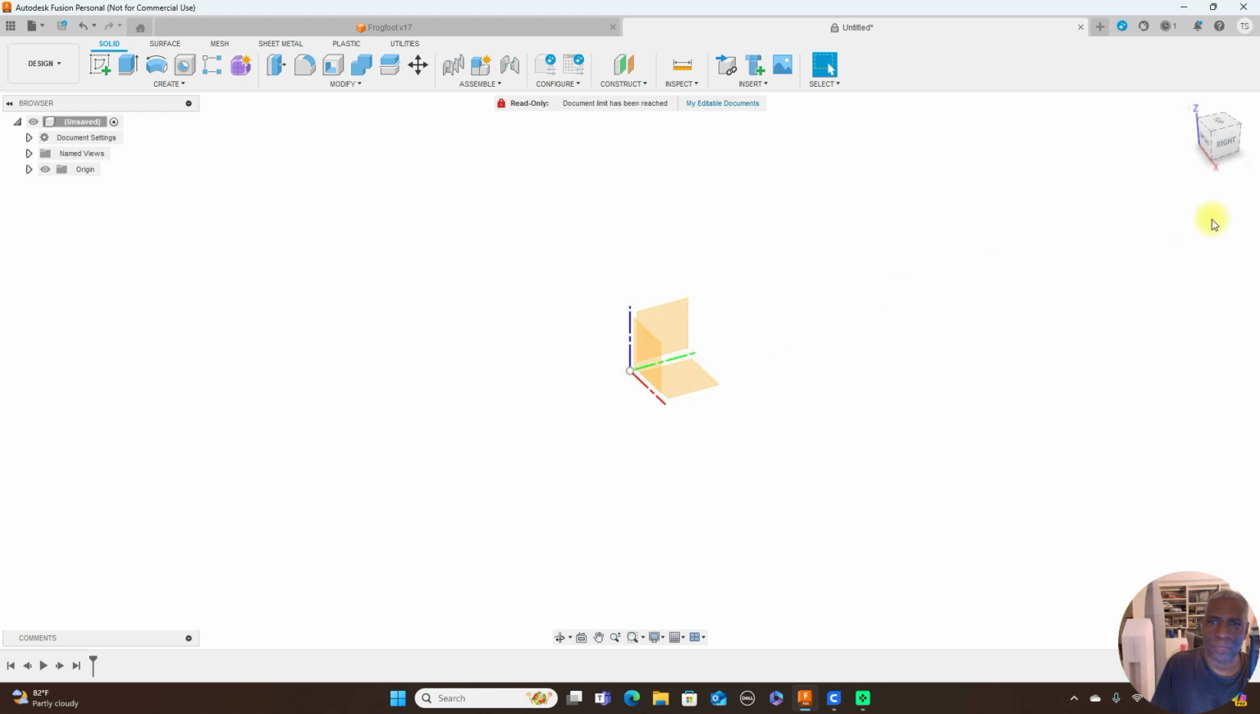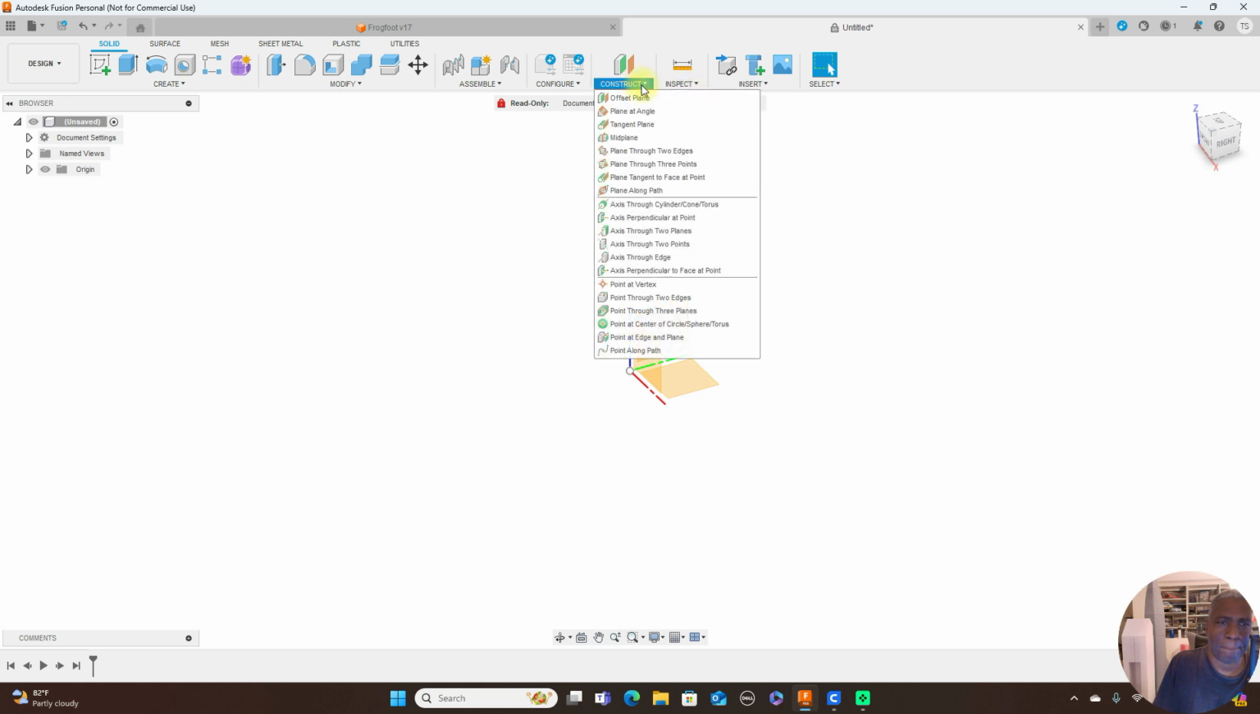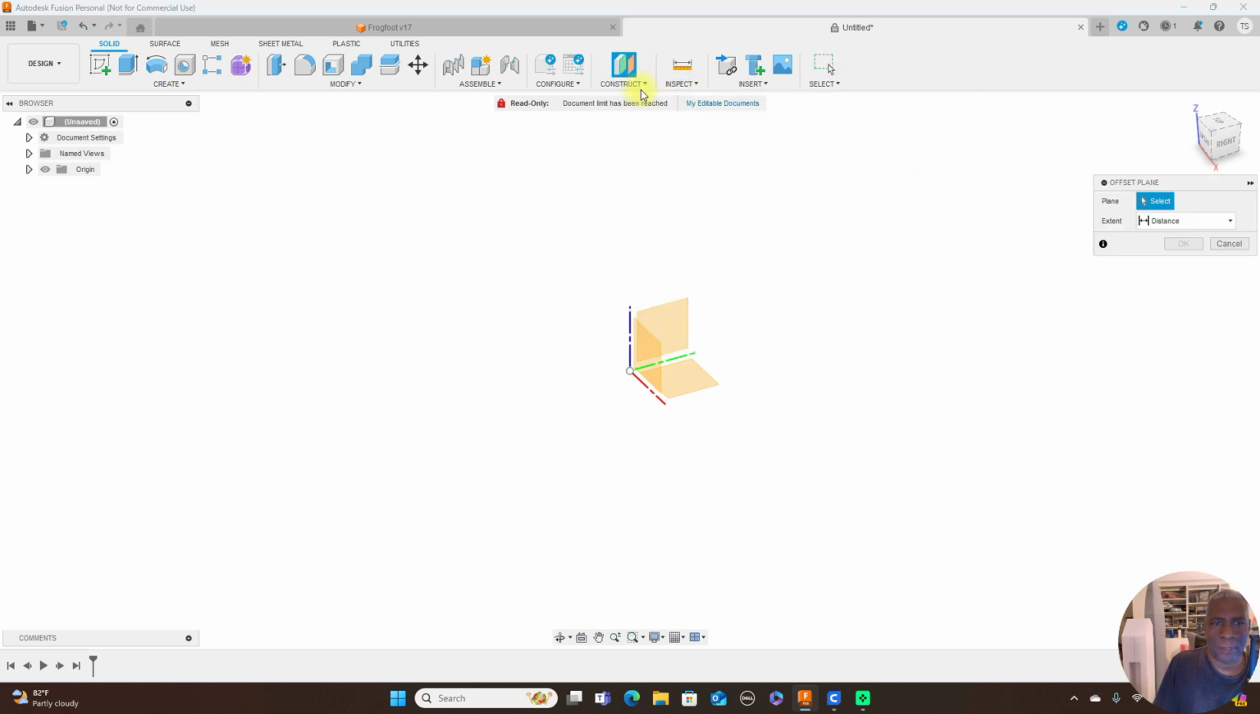Pretty much everything you draw that you start a sketch on has to be on a plane unless you're drawing in 3D space. So you have to know how to insert planes and move them around. So these are the origin planes. And the planes that you really need to be familiar with are, let's say, the offset plane. So we go up to construct,